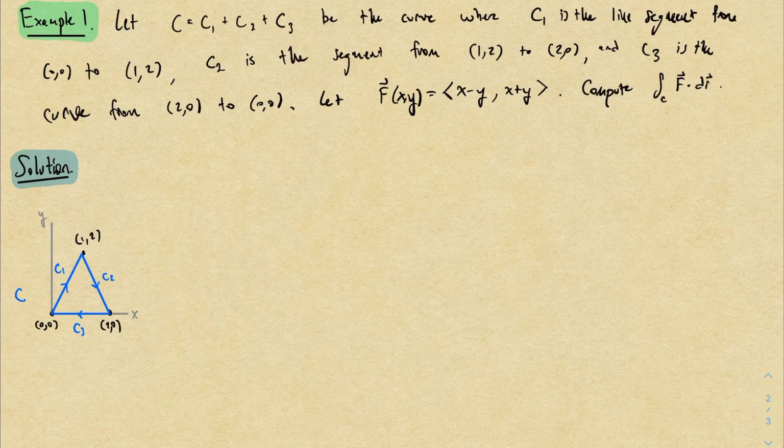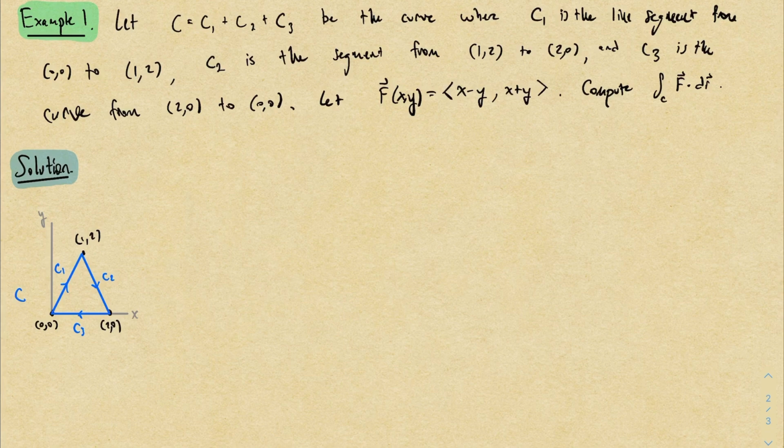And the first thing to consider is, what are we supposed to do? We're just supposed to compute a line integral. Well, we know how to do that. If you want, you could just compute this directly. It'd be a little annoying just because you'd have to parameterize the three different segments. So it would take some writing, but you could do it. Really, the main annoyance is just the fact that you would have to parameterize three separate curves. So instead of doing that, we can try to think about something a little more clever to save ourselves some